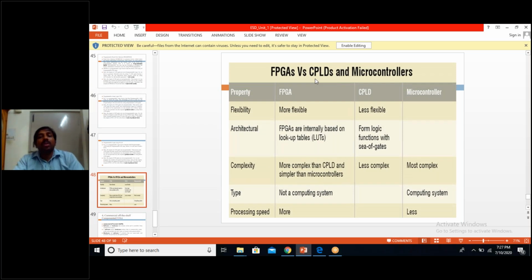So there is one more classification called FPGA versus CPLD versus microcontrollers. See, we can use general purpose processors, or a microcontroller, or an ASIC. So it is application specific. But there are some designs which require more complexity compared to PLDs. A PLD consists of a ROM, PLA, and PAL. But if you require more complexity, and you don't want to create your own IC, then there is a standard IC called FPGA. It is called Field Programmable Gate Array, and one more